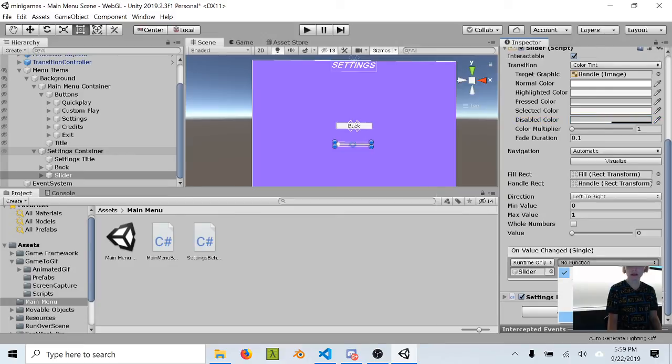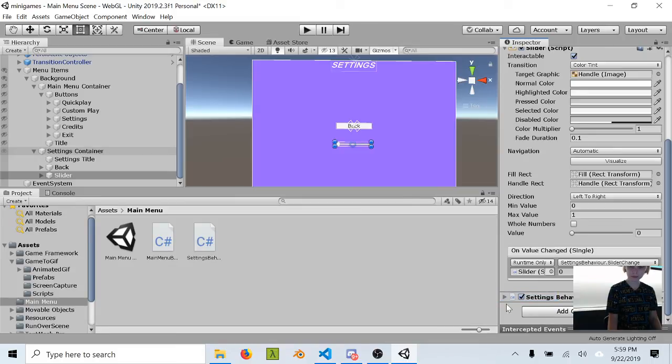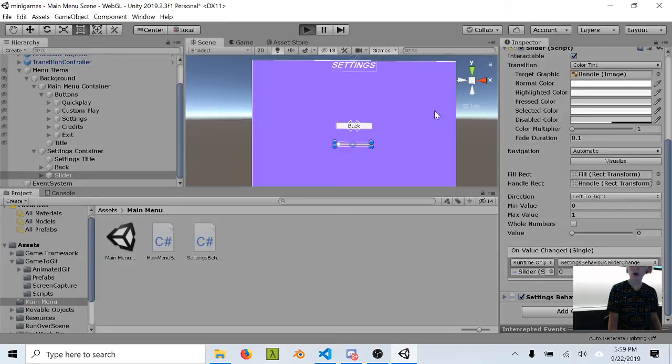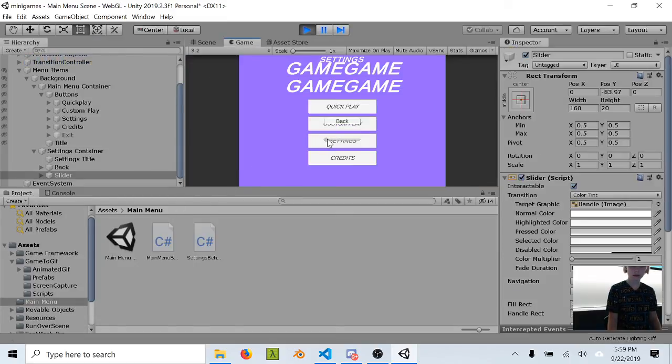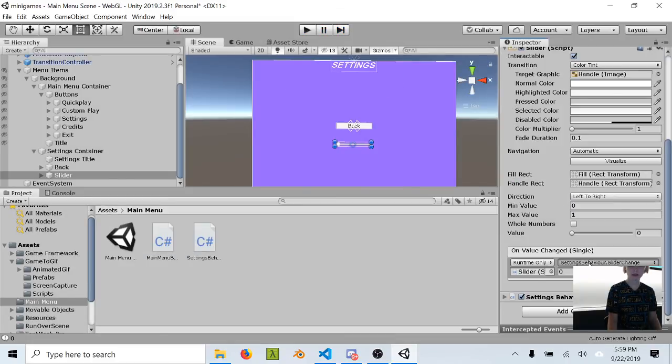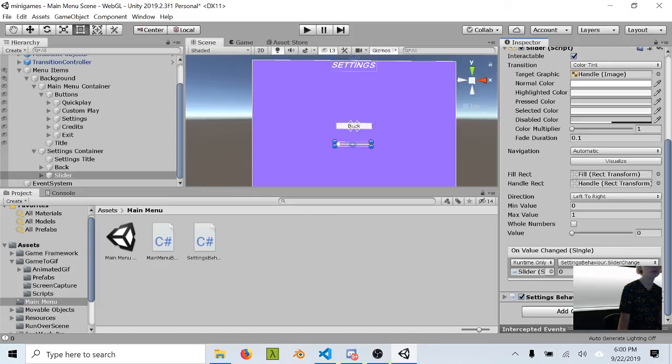Go into here, settings behavior, slider change. Is that how that works? That should be how it works. Okay. Oh no, I think I have to select the dynamic. I have to select settings behavior. Yeah, okay. So the reason this didn't work is because these are static parameters, meaning it'll set itself